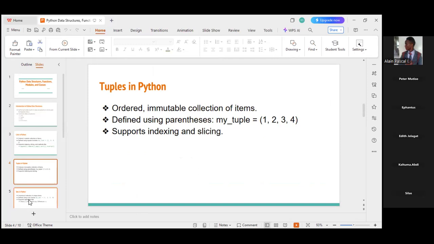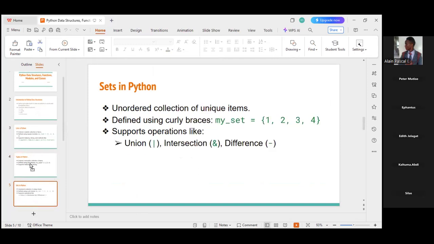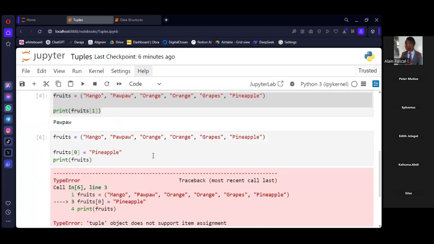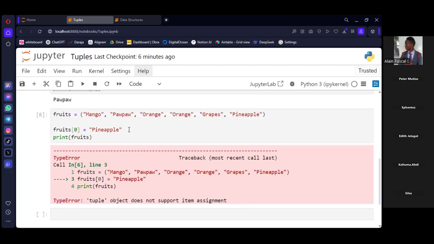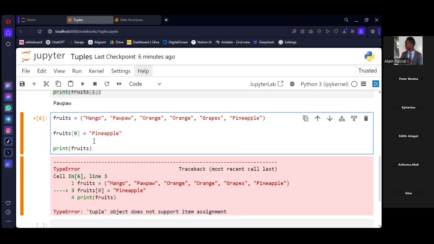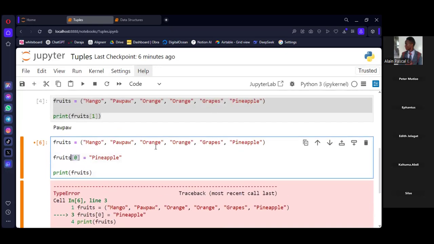Okay, it's not included. By the way, guys, you can write it now in your notebook summary, any character or attribute that is not in that slide, so you can have them in your short notes. So we have those methods that will definitely not work here. If you cannot change, it means that you cannot append.